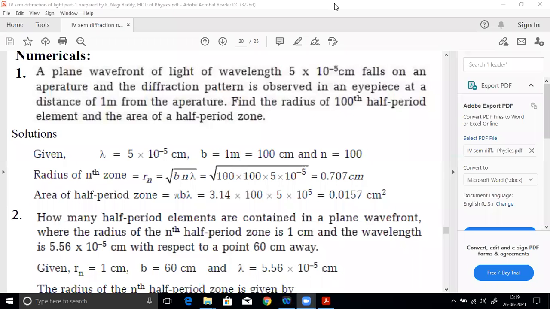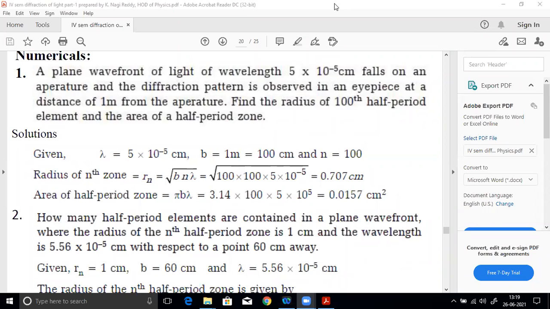Hello, today I am going to be solving the numericals on diffraction of light. That is Fresnel's diffraction, Fresnel's half-period zones and the zone plate. So the first problem: a plane wavefront of light of wavelength 5 into 10 to the power of minus 5